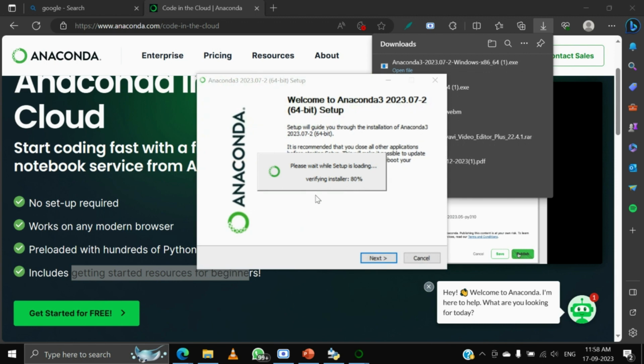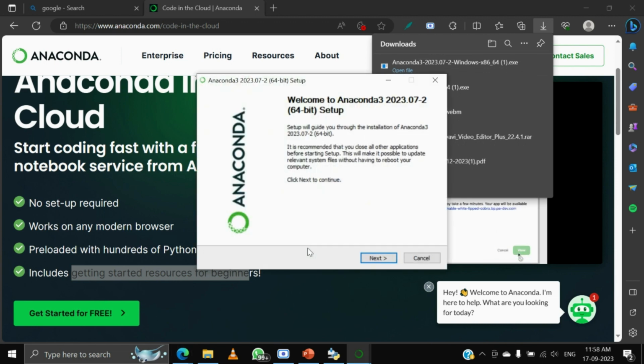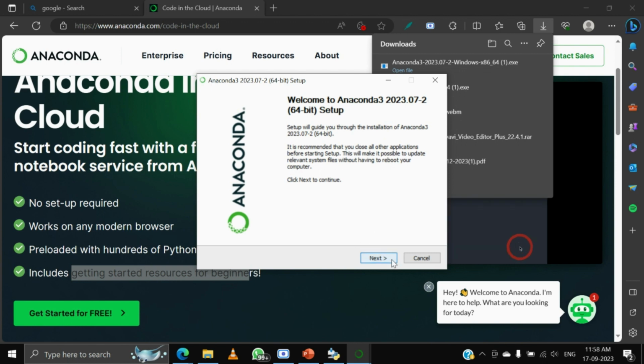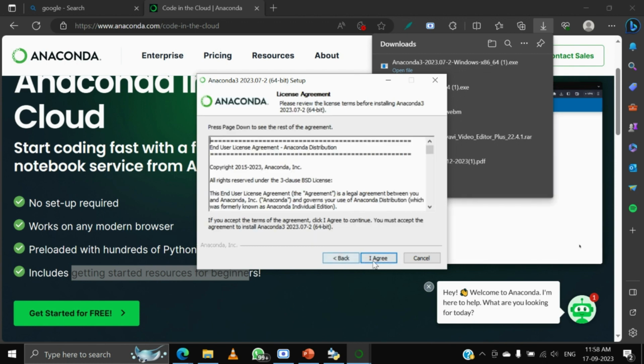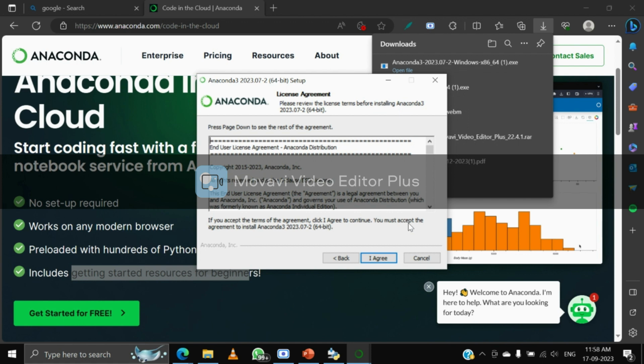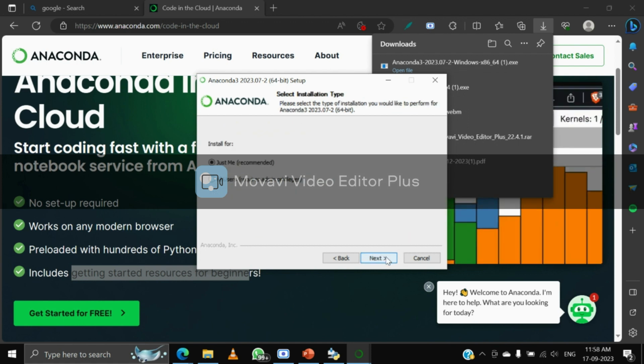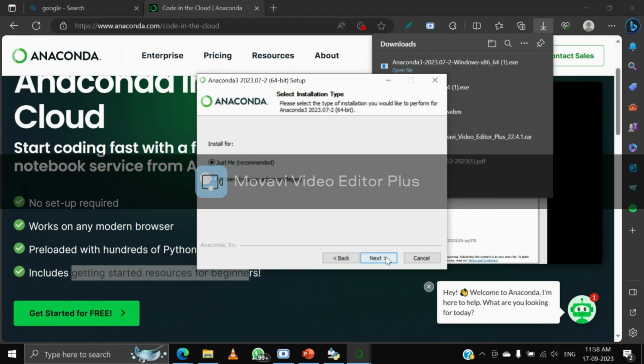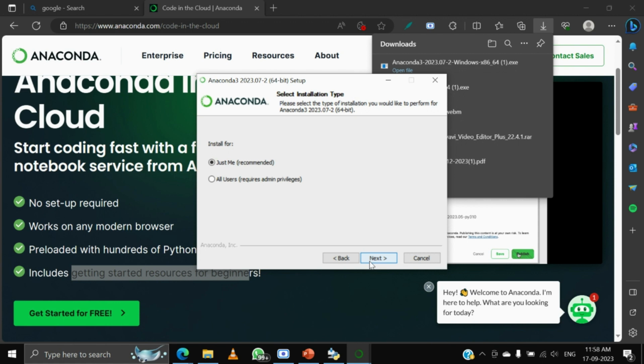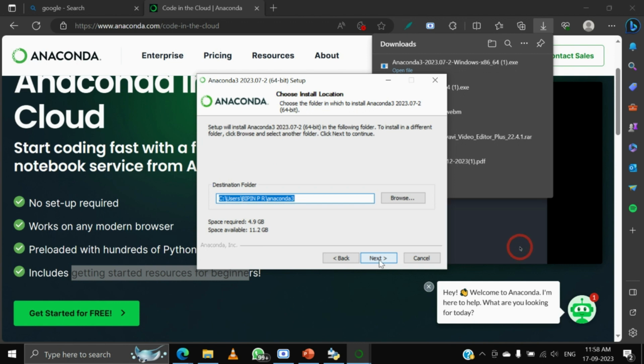See, this is a setup. Now you have to click on this next. Then you have to agree. So like that, you have to go to the next one. Then you click on this next. Then again, another window will come. You have to click on next. So like that, you have to proceed. See, like this. Next